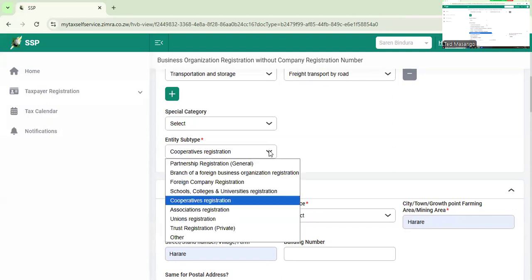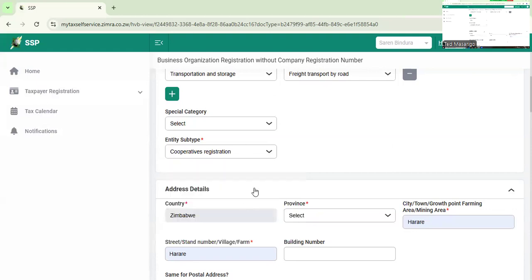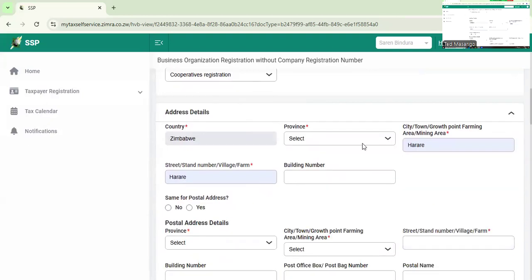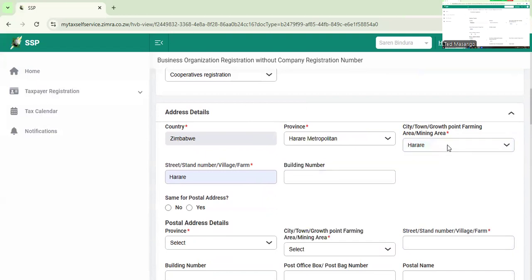Why? Because we selected a company which doesn't have a registration number. If we had selected a company with a registration number, then you were going to see private company, public company, and so on. So I'm just selecting cooperatives registration. Then here I could put in the details. Country, in this case, will be Zimbabwe. Then I could just select my province. Then I could select my town there,